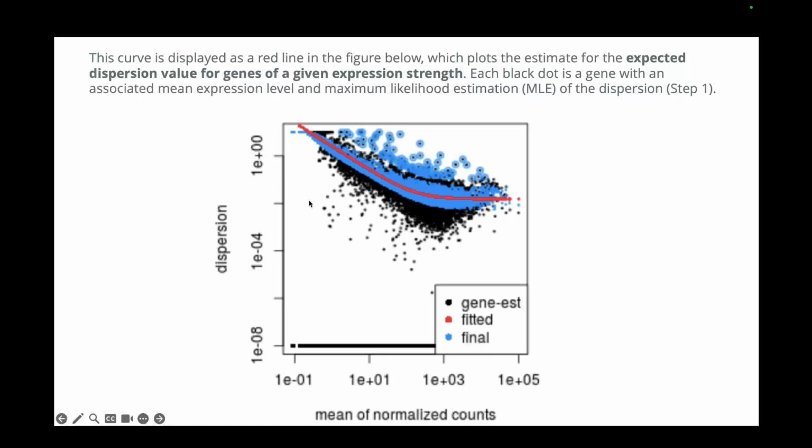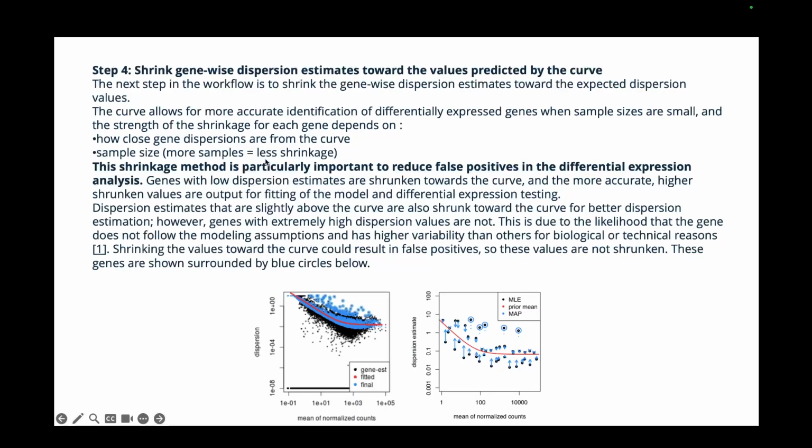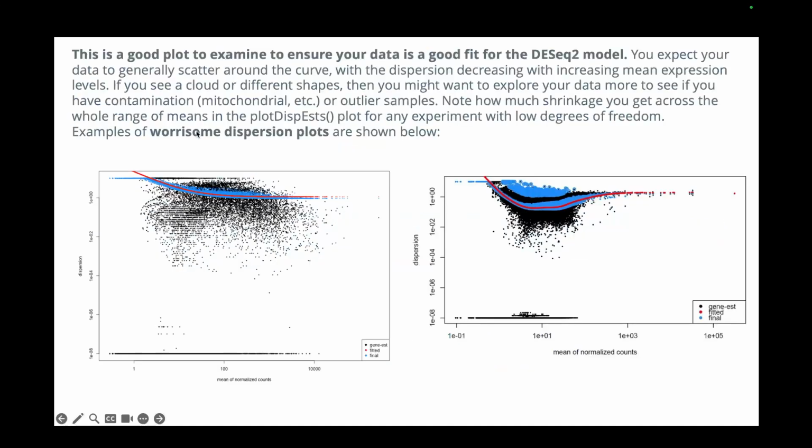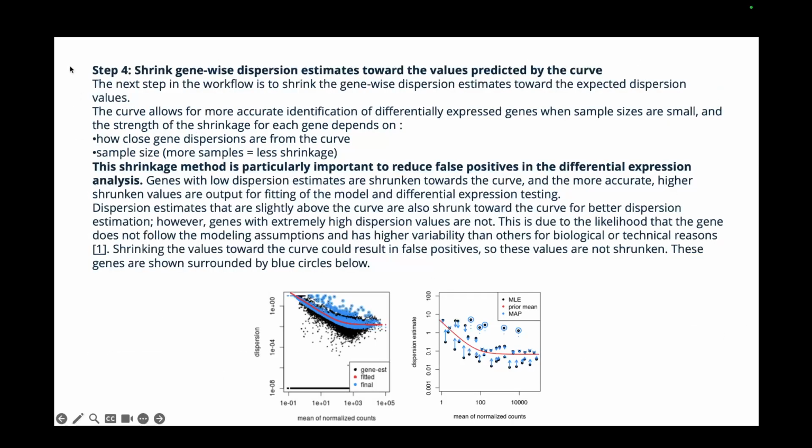So now comes the fourth and the final step, which is basically shrinking gene-wise dispersion estimates towards the values predicted by the curve. Basically, you are trying to shrink the gene-wise dispersion estimates towards the expected dispersion value. So you have a model and a set of expected dispersion values from the data you have generated. Now you want to shrink your original gene-wise dispersion estimates towards the expected